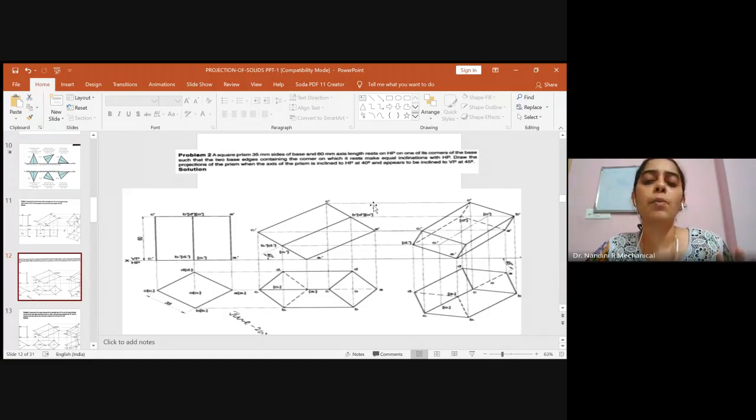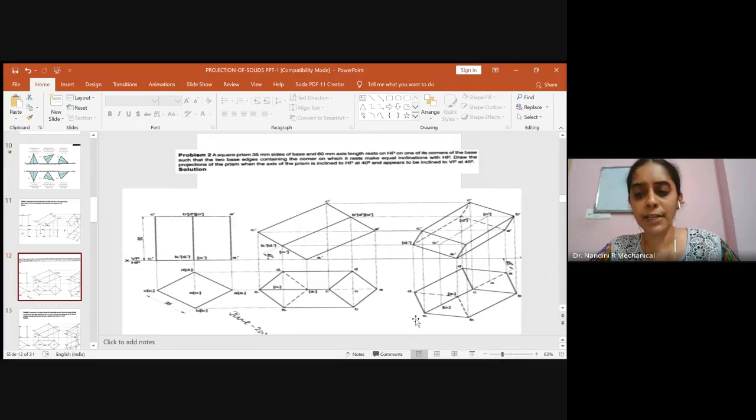So when it comes to problems on solids, if the inclination of the axis is with respect to VP, the true length will always be different, the apparent length will be different. You have to determine the apparent angle. If it is given with respect to inclination of the side or the edge on VP, then in both the stages, true length will be the same, and you won't determine the apparent angle. These concepts should always be there in your mind. Since it is appears to be, as explained, we will directly shift now the apparent length to the 45 degree line.